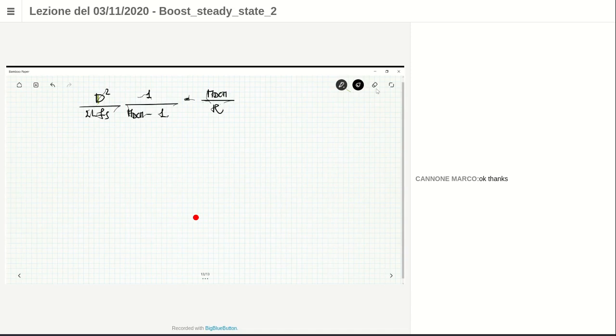You are close to the final expression because I have to solve this expression to derive